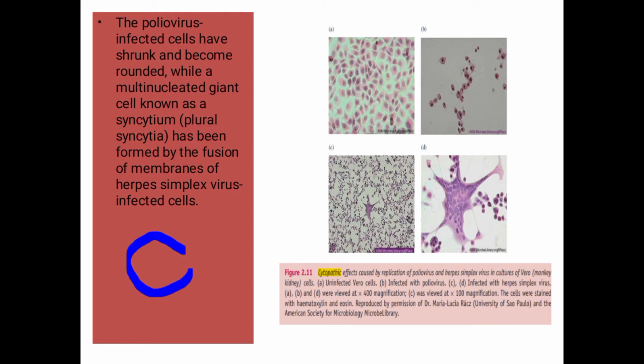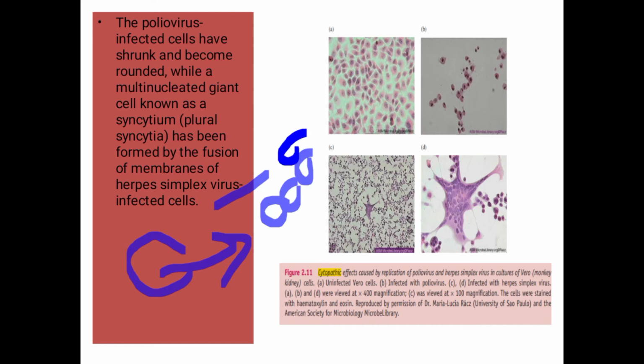Poliovirus will shrink the cell, and herpes virus will fuse the cell, and this fused cell is known as syncytia. If we look at these figures, figure A, the cytopathic effect caused by the replication of poliovirus and herpes